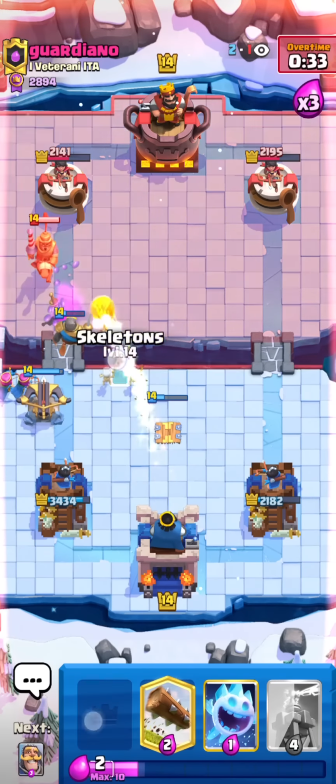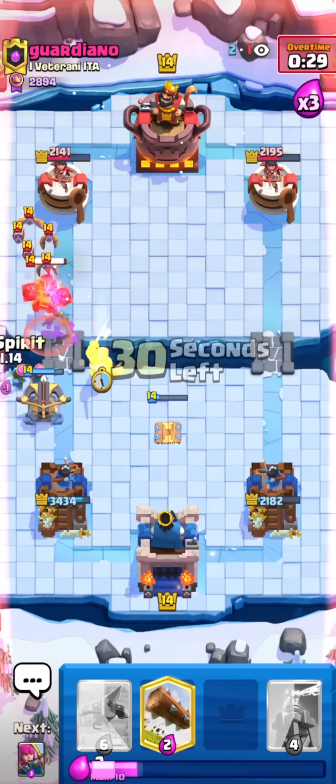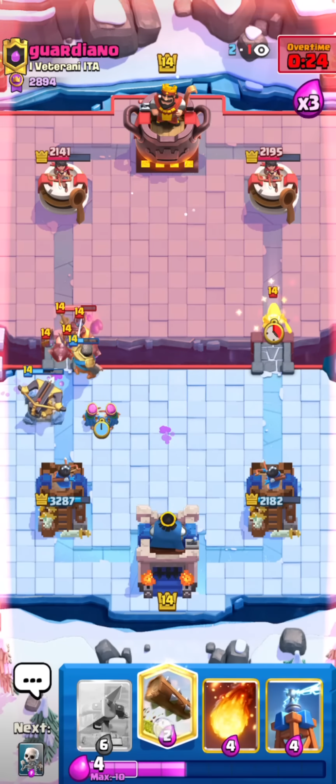So I'm gonna Fireball. Oh, I think it just missed. Wow, that's actually really bad. That could lose me the game, actually. Yeah, because he's back to a Mega Knight now. Gonna Ice Spirit for the bats. Okay, actually does clip with the arrows. This is really bad. I think I have to...